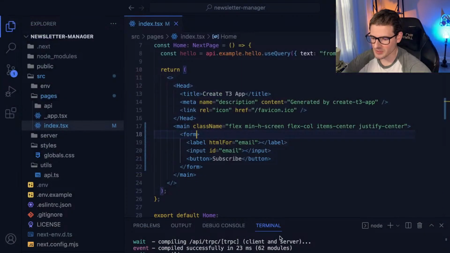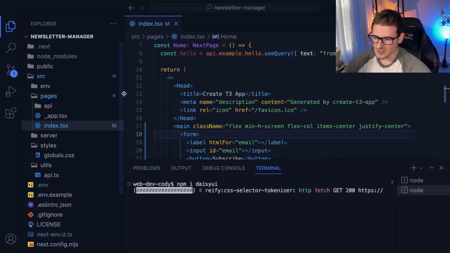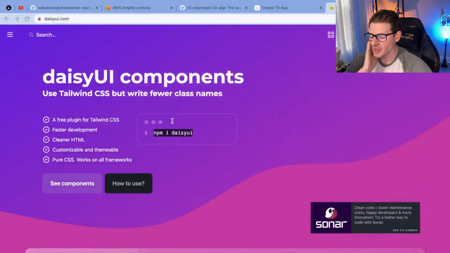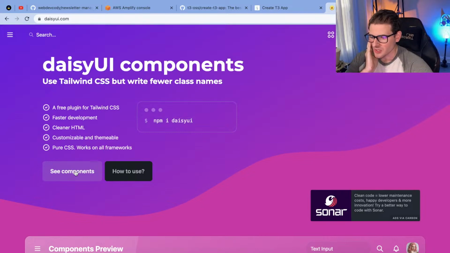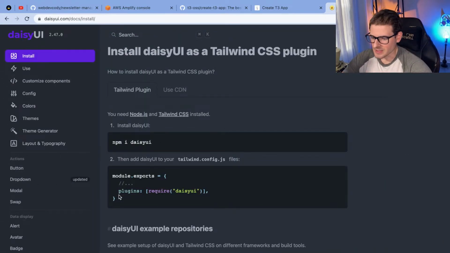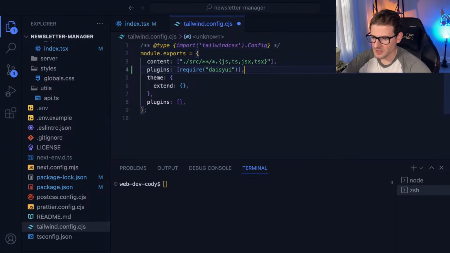I know I made a video on my channel saying I'm getting rid of Daisy, but I think I was a little bit too harsh on it. It's fine. I think the accessibility could easily be fixed just by bringing in another component library. So install Daisy UI. Let's go ahead and see the components and let's see how to install this, because I do believe I have to set it up. So let's look at the Tailwind config. This thing has to be a plugin, which would be actually, I'll just delete that one.